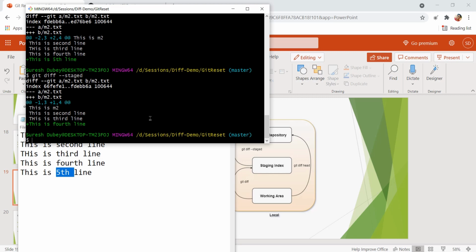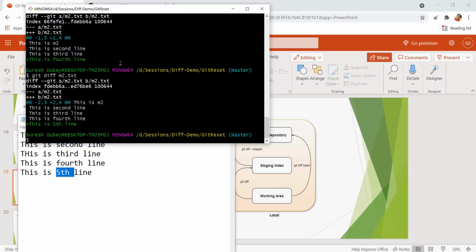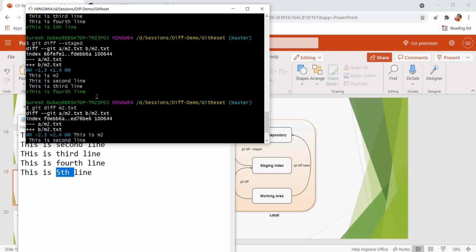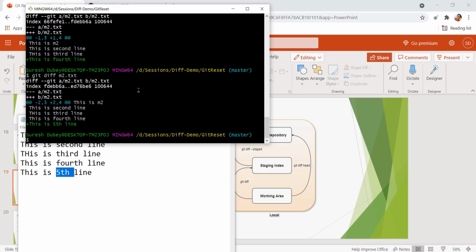And as I mentioned earlier, we can also give a file name, like git diff m2.txt. Just because we have only one file which has been modified, it is showing me that. Earlier, when we had not given any file name, it was also showing the content of m2, because m2 is the only file which we have modified. And even with the file name it will show you the same thing.